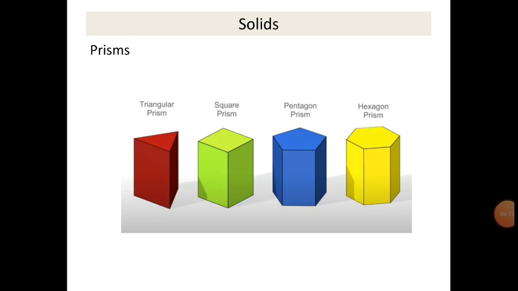Next is, these are the different types of prisms. As I explained, there are different depending upon their shapes of the bases and top edges. Okay, these are the different types of prisms, that is triangular prism, square prism, pentagonal prism and hexagonal prism. Okay,